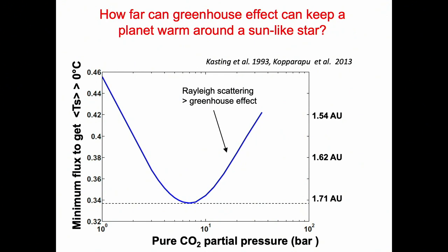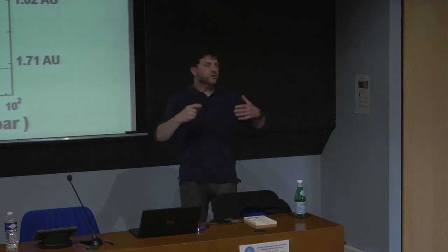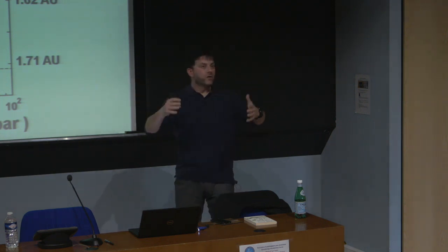So what you can see is that, you can read it that way, if you increase the amount of CO2, you can get away from the sun. You can have a flux which is half or 1/3 of what it is today. But if you continue to add CO2, it's useless. The reason is that the more you add CO2, of course, the greenhouse effect of CO2 will increase. But because CO2 is also a gas that will scatter the radiation, it will increase through Rayleigh scattering the albedo